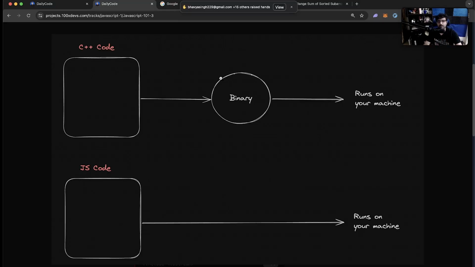Sometimes people complain that it took 1 minute for Rust code to compile because the compiler does 100 things to make sure your program is memory safe. C++ doesn't take that much time, but Rust does. Still, in C++, you are first spending 2-3 seconds compiling the code and then you're running the code.